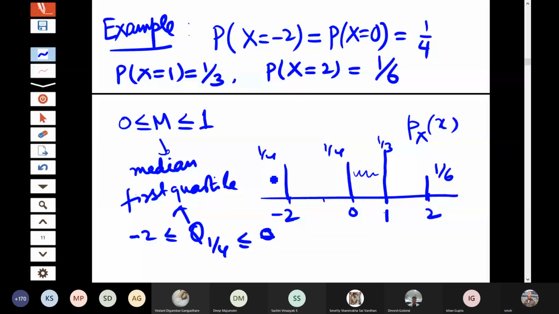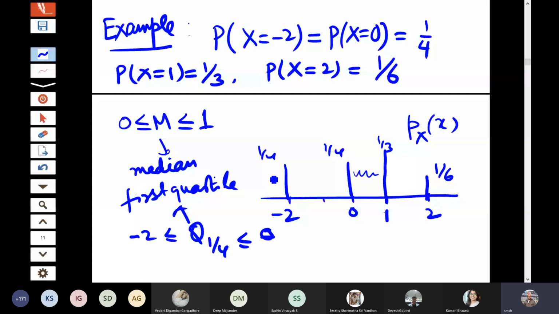Why are we considering that equality sign like less than or equal to here? Yes, sir. Like 0 less than or equal to m less than or equal to 1. Why are we including 0 and 1?